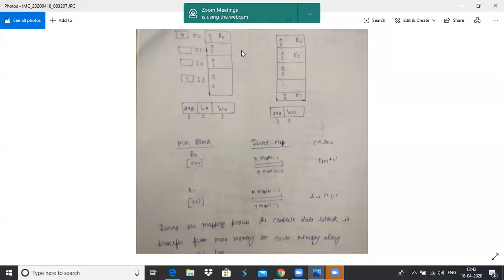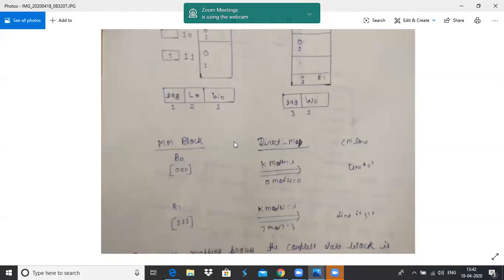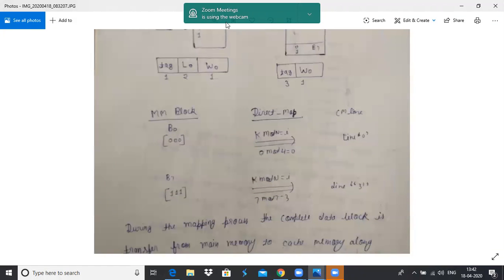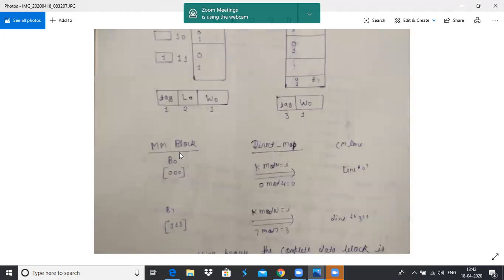Now see here, we want to map the B0 block of main memory to the cache memory lines. If you want to transfer the B0 block to the cache memory, to which line will it be mapped?